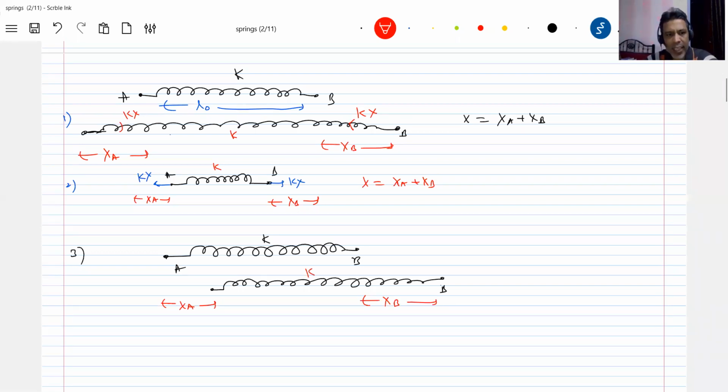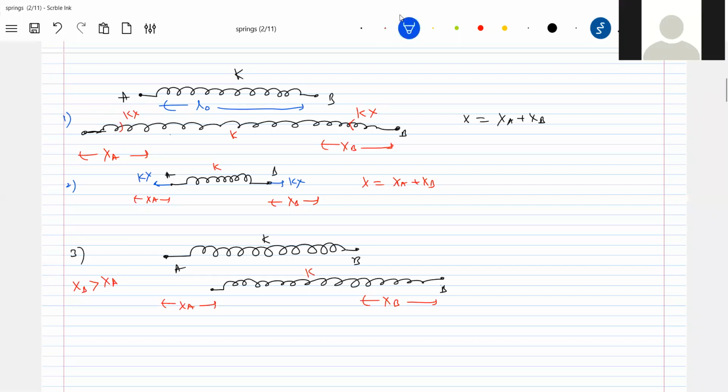Now, if I put xb greater than xa, what is the state of the spring? Both the ends have displacement in the same direction. Then what is the net displacement if xb is greater than xa? Is it elongation or compression? You should tell me. It's very easy, no? Let xb be 3 centimeters and xa 1 centimeter. So does the length of the spring increase or decrease? It increased. So it got elongated.